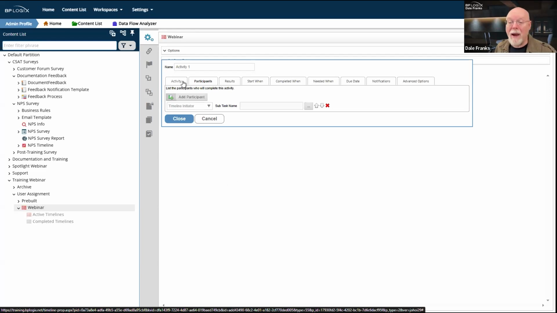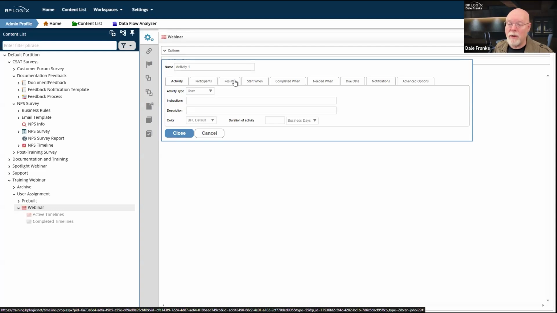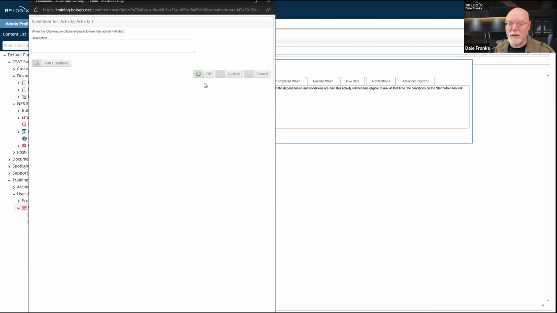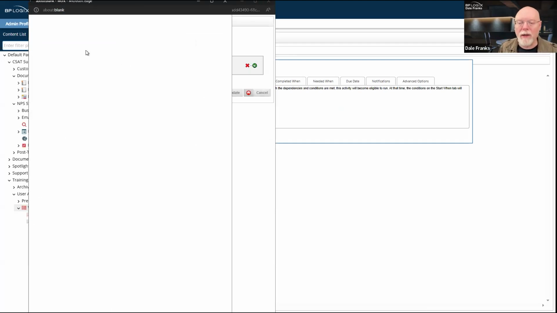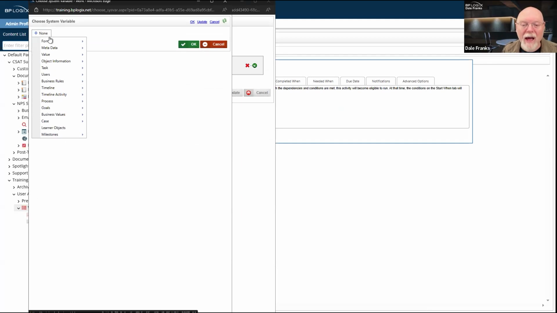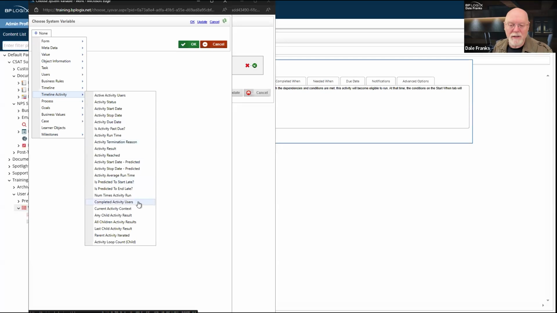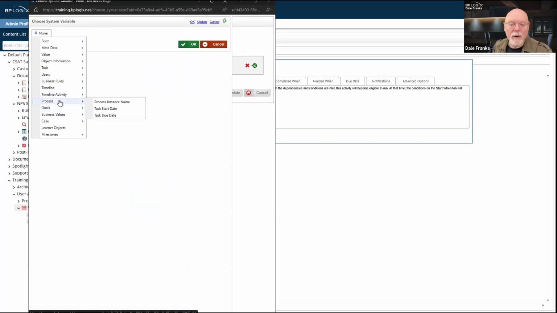And by the way, you may notice that if you go into, and let's see if I can, let me just find a condition here, and let's just open up the condition builder. So you'll notice when you go into the condition builder that I have timeline activity system variables, but you'll notice I also have process system variables, and depending on where I am, I believe I also have process task system variables, but this is fine.